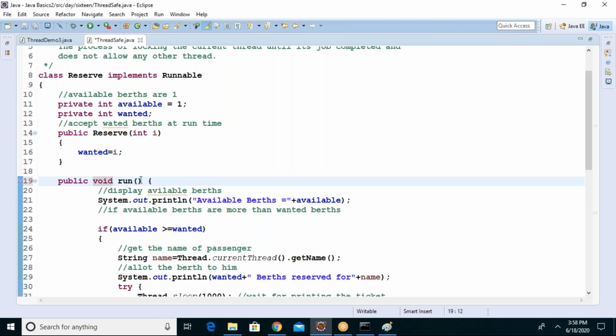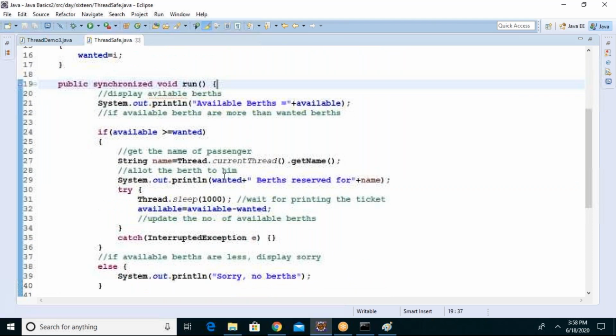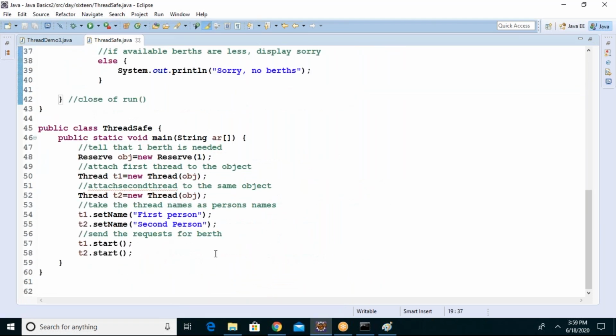Before synchronization, what happened? The first thread can come inside, and the second thread can also come inside, everyone. So it will damage your situation. It's like this, right, sir? If we go to meet the doctor at the hospital, every person can enter the hospital, but only one person is allowed to enter the doctor's room, right, sir? Yes.